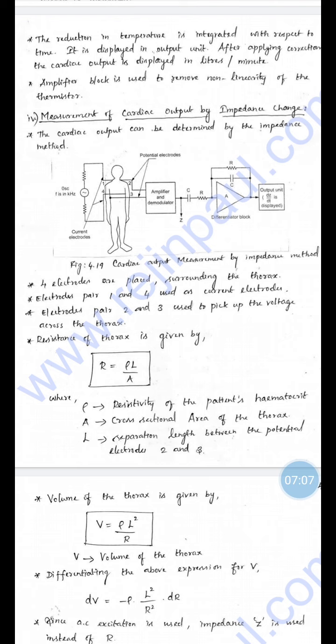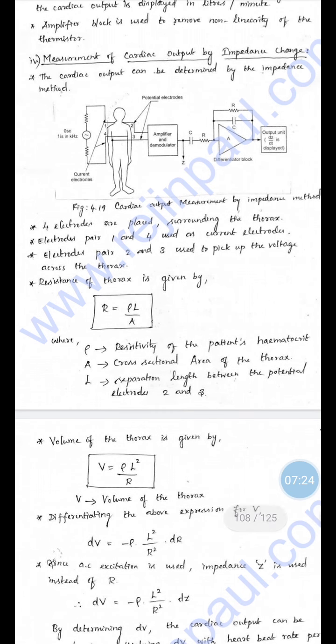And then the fourth method is measurement of cardiac output by impedance change. According to the change of impedance, our cardiac output can be measured. The cardiac output determined by the impedance method is given as shown in the figure. 4 electrodes are placed surrounding the thorax. Electrode pair 1 and 4 are used as current electrodes. Electrode pair 2 and 3 are used for picking up the voltage across the thorax. The resistance of the thorax is given by